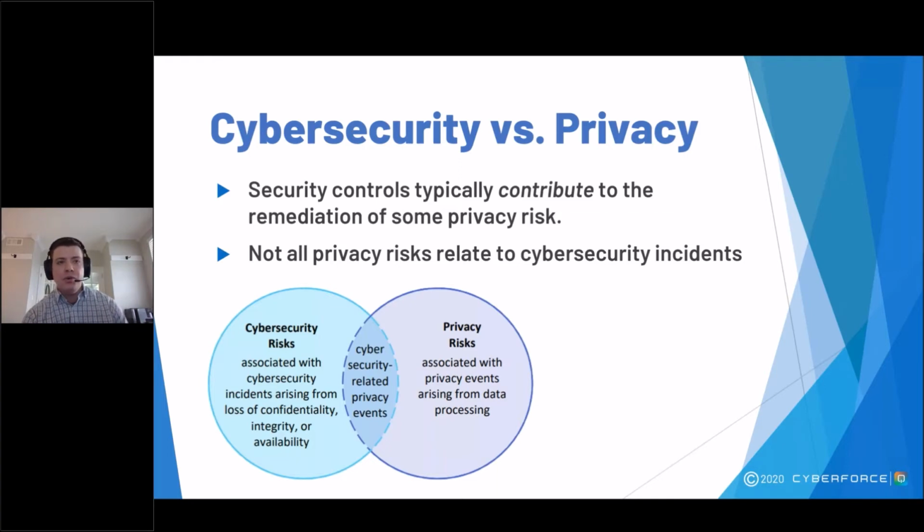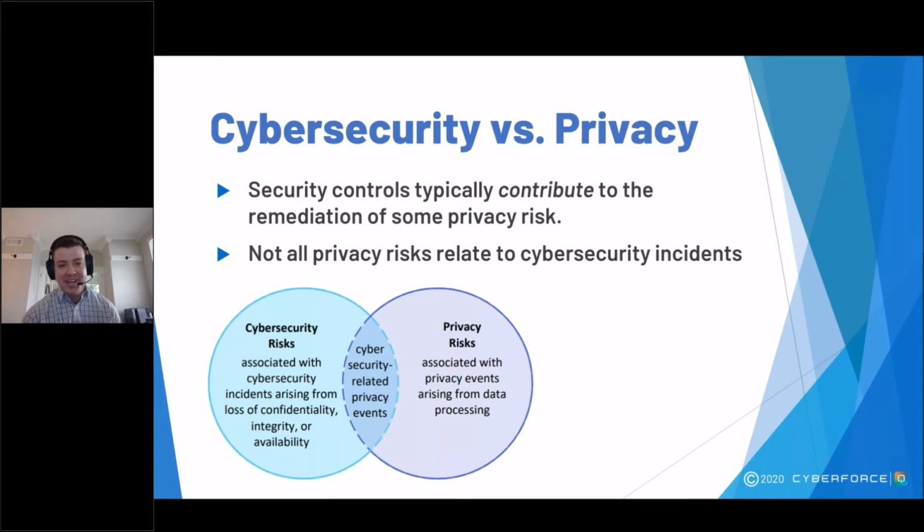While cybersecurity controls are often used to implement privacy requirements and to reduce privacy risk, security controls tend to operate at a higher level. I'll give you a hypothetical example to help drive this home. Let's consider a hospital, which has security controls in place to restrict access to sensitive ePHI. Now, envision a scenario where this hospital is caring for some sort of interesting celebrity guest, and that this guest has the potential to generate a lot of curiosity amongst the workforce.